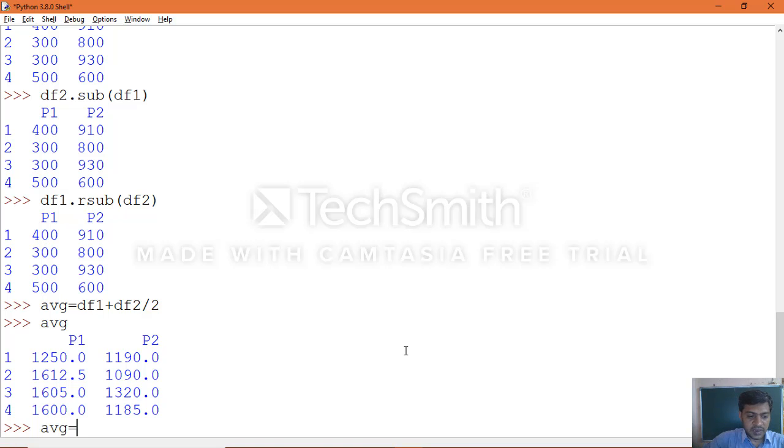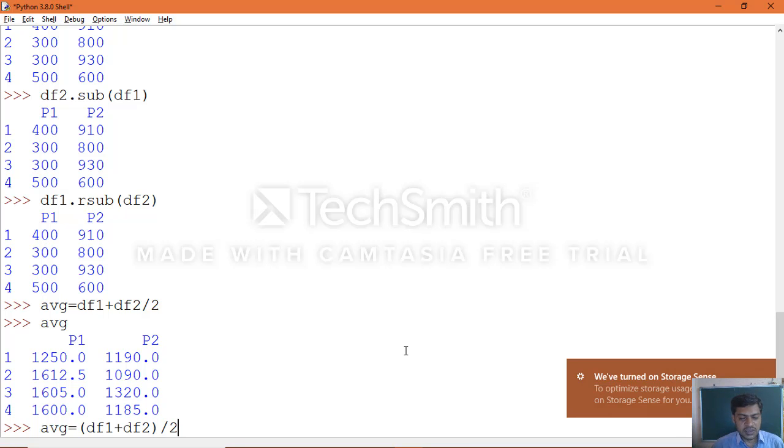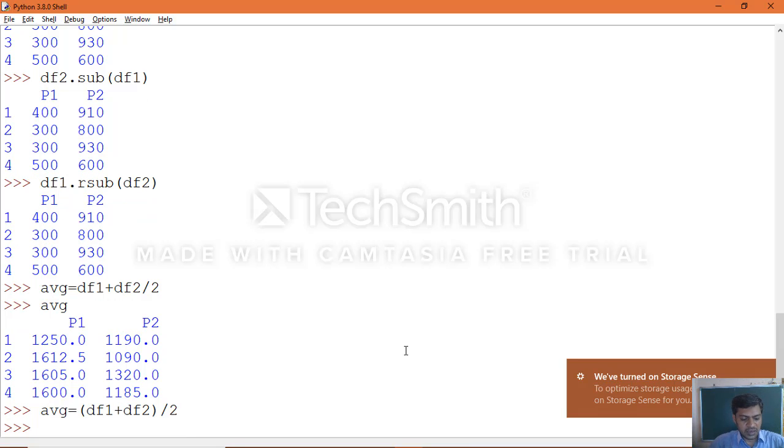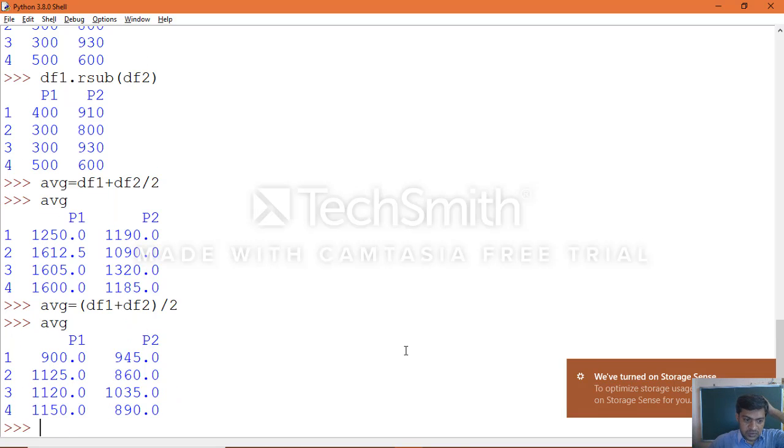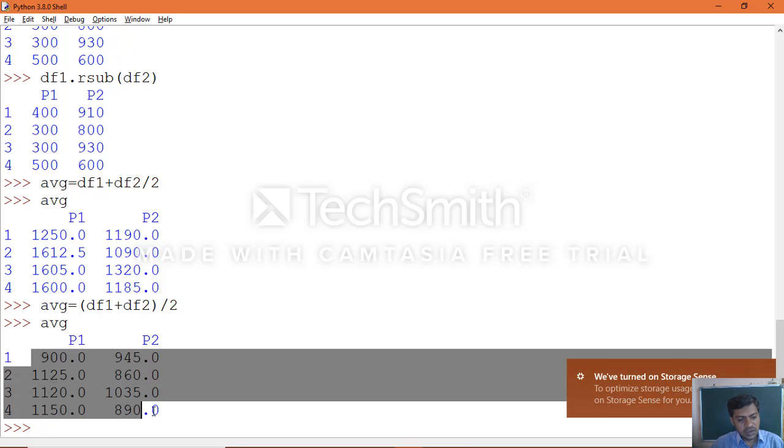You need to use parentheses, because the sum of data frame object 1 plus object 2, the total of both the objects' sum values, should be divided by 2. Okay, so that is the expression you need to specify. Click enter. Now print the average value. So this is the correct average value of both the teams, each player in each round, when you compare with each one.